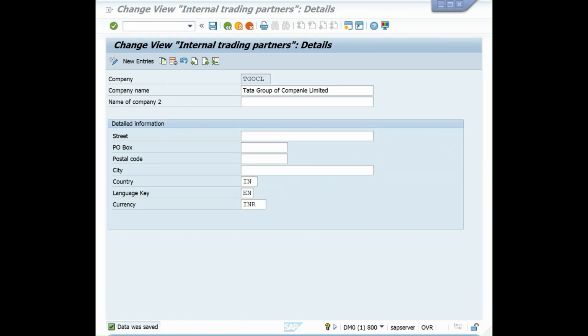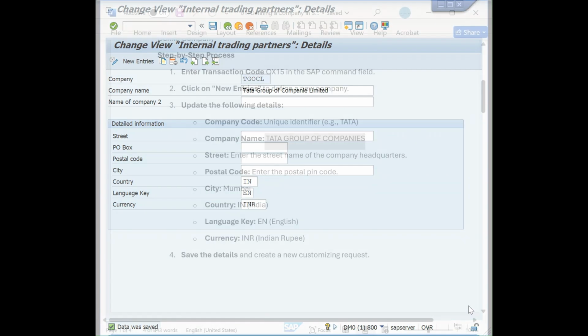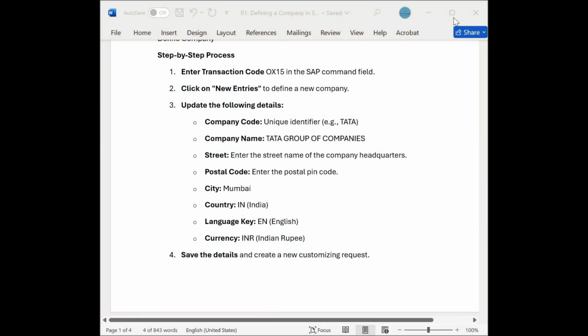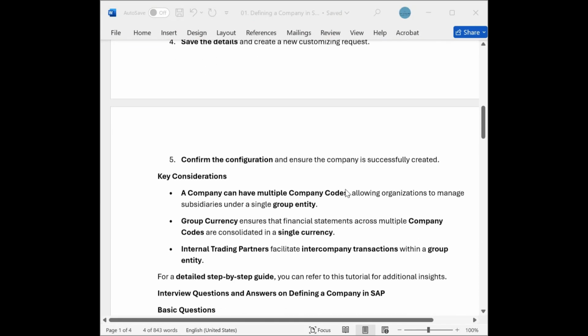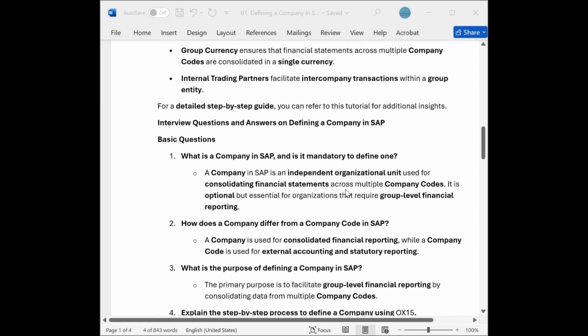So next, we are going to tackle some common SAP interview questions. Let me also take you through that Word file and see what kind of questions can come, right? So when you go for any kind of interview, like what is a company